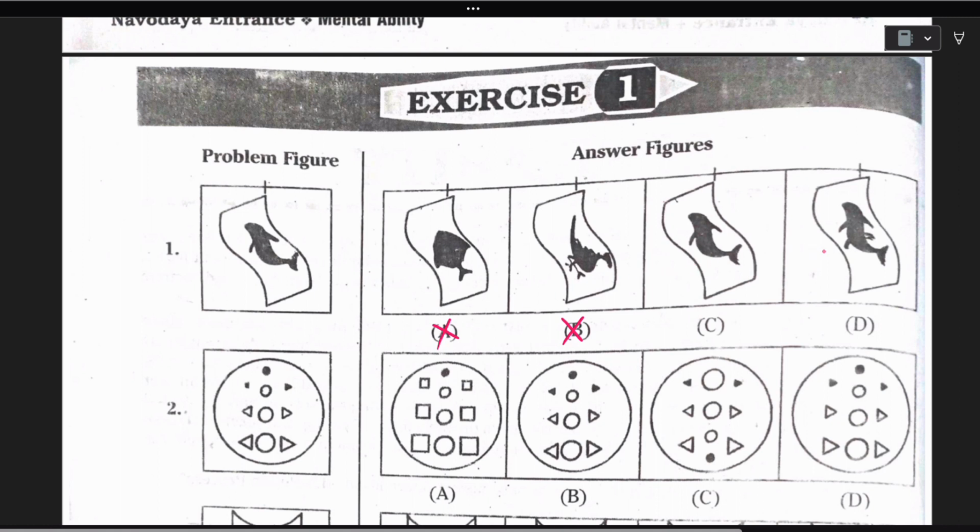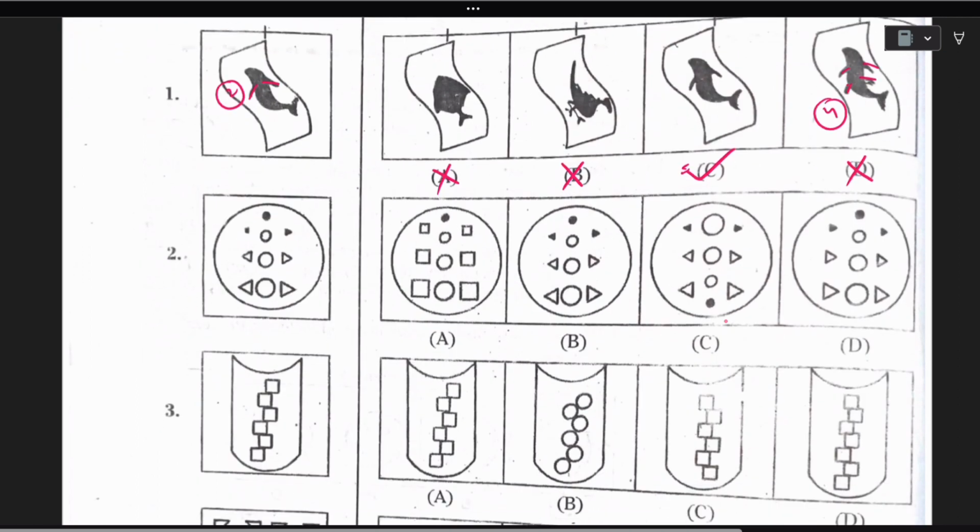And coming to here, we have 2 same fishes, but we have to eliminate 1. Here if you count, only 2 ribs are there. Here 1 and 2. Only 2 ribs. But in D there are 1, 2, 3 and 4 ribs, which is not the same. So we will be eliminating D also. Before selecting C, we have to check whether C is also similar to the question or not. Okay, is this all the same? Yes, everything is the same. So we will be selecting C as our similar figure.